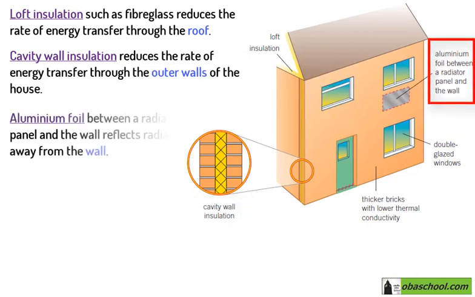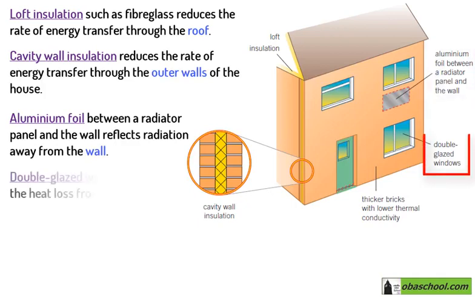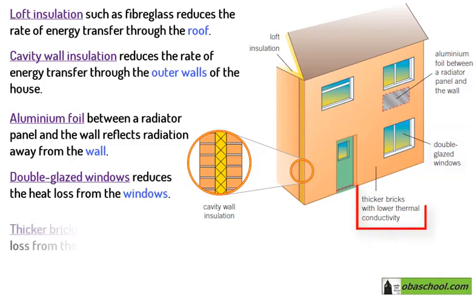Using aluminum foil between a radiator panel and the wall reflects radiation away from the wall and so reduces the rate of energy transferred. By using double glazed windows, this reduces the heat loss from the windows. And by using thicker bricks, the rate of transfer of energy from the inside of the building to the outside